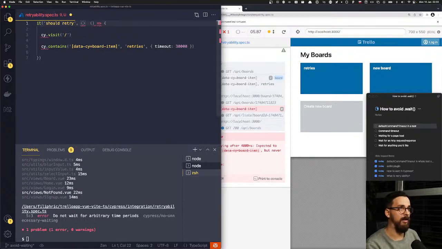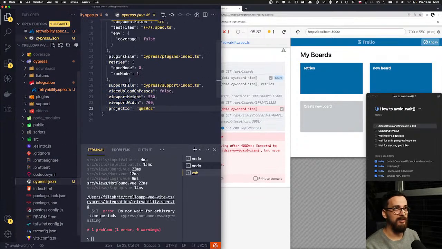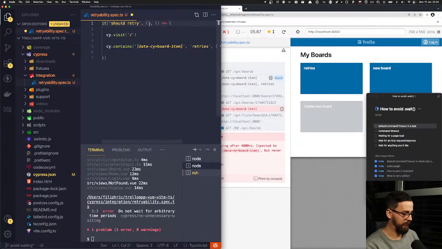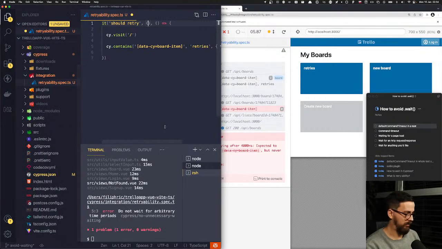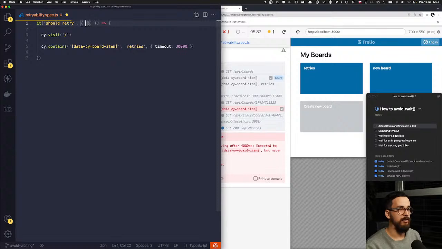You can add a middle object in here as well, where you can set up some settings, very similar to what you do in Cypress JSON, but you can add it here. Of course, not everything can be added over here, but you can add some of the attributes. So for example, default command timeout, and you can set that to, I don't know, 10 seconds. And if I have multiple tests, test 2,